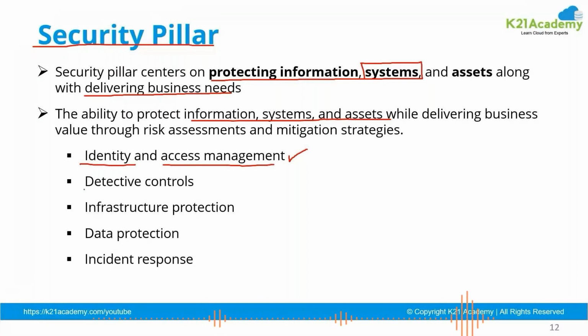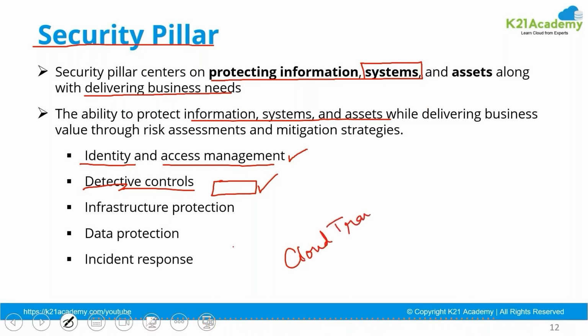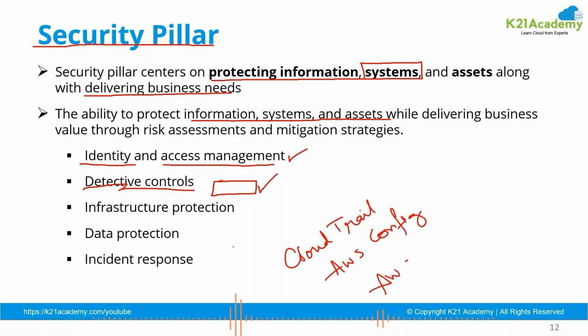You should deploy proper detective control tools. That means if something happens in your environment, that activity should be traceable. You should be able to trace what has been done and who has done it. So you should be making use of the CloudTrail service of AWS. You should be making use of AWS Config. You should be making use of AWS X-Ray services